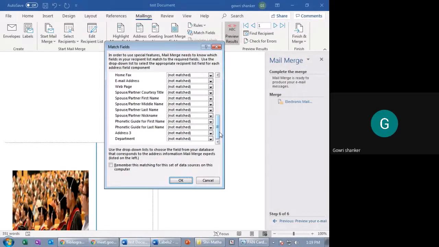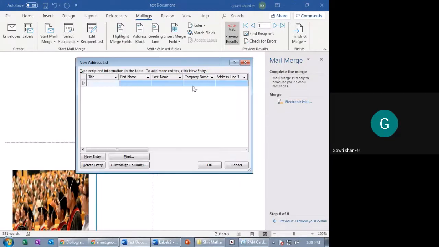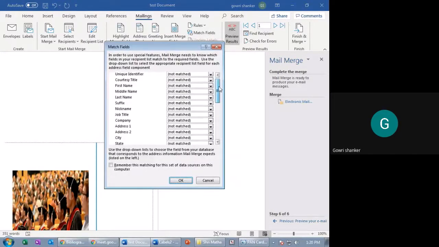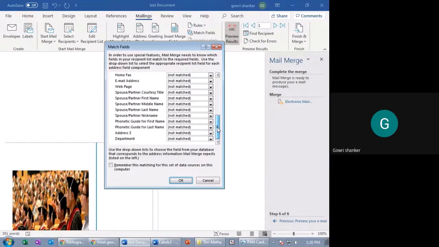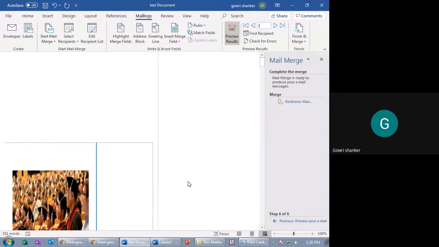Thousands of people, you can send the invitations by adding the list of recipients. You can see the list of recipients; if you add it, then it will come automatically. This, as I said, title, name, everything. If you add it and keep it ready, you can send invitations directly to thousands of people. For that, you can see the matching fields, what is common. Every detail will be here, just like an application. That's it. This is mailing.